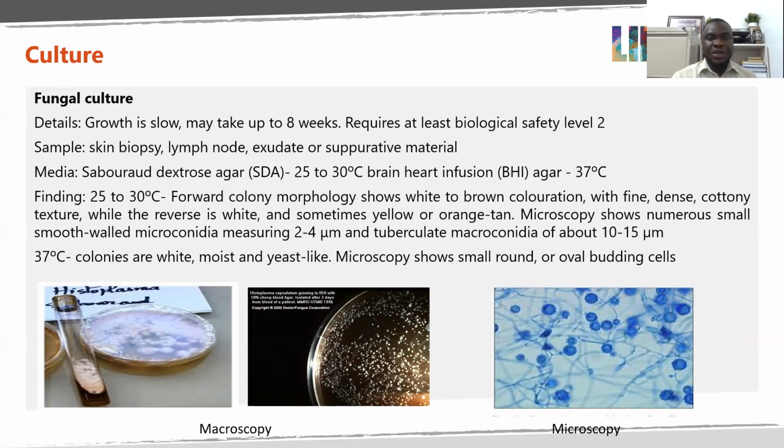At room temperature, the forward colony morphology shows white-brown coloration with a fine, dense cottony texture. The reverse is mostly white, but can be yellow as well. Microscopy initially shows numerous small, smooth-walled microconidia measuring between 2 to 4 micrometers. But as incubation goes,